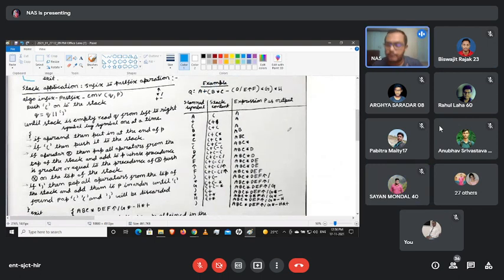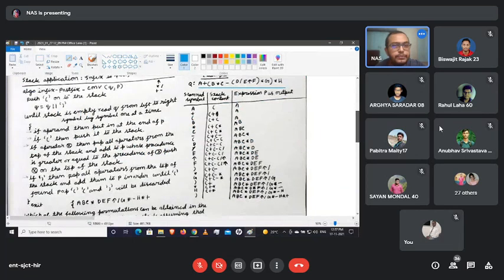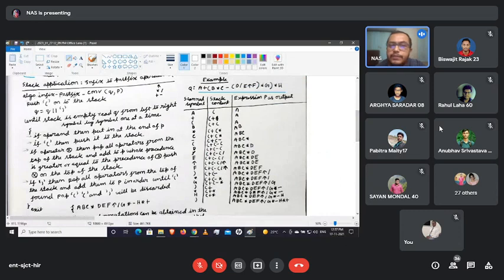Now, next we are performing stack application on infix to postfix operation. Okay, so an infix operation. Look here, the example here. The question has been given as an infix operation: A plus B star C minus D by E exponential F star G star H. So this is an infix operation. With the help of stack application, we are going to convert this infix operation into postfix operation, because execution of postfix operation is very much easy. We are going to pop out, push in, like that, simply. So what is the algorithm? First, the algorithm for infix to postfix conversion.